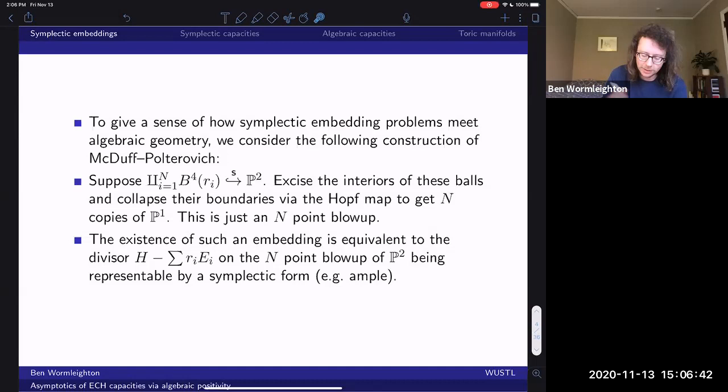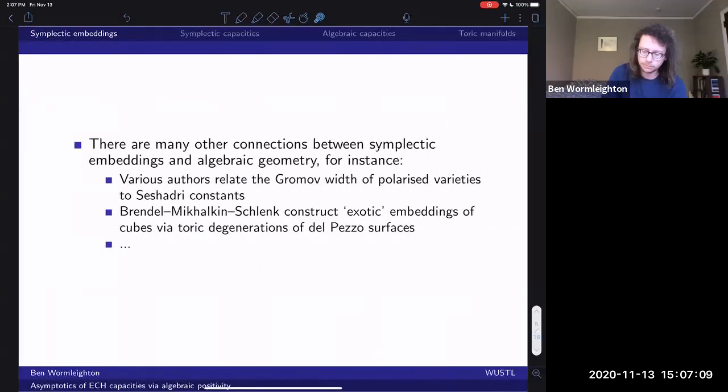Actually, this particular example led to a very fruitful family of ideas exploited by Paul Biran and others. The ampleness or positivity of this line bundle is very strongly connected to questions of Nagata's conjecture, big unsolved problems in birational geometry of surfaces. Like I said, this is one of many connections